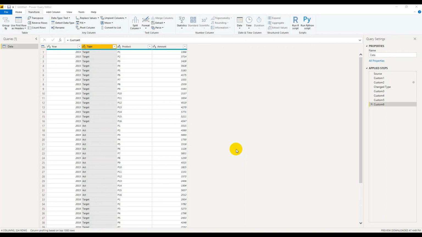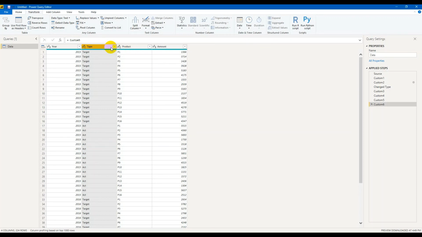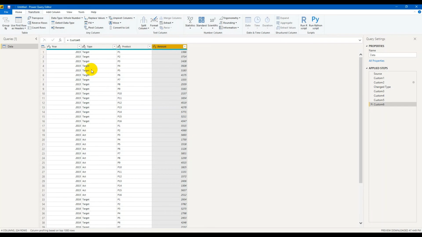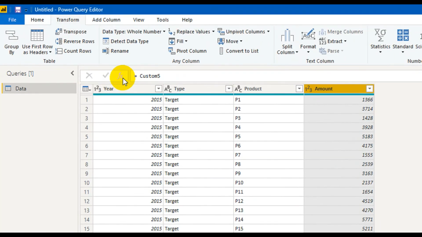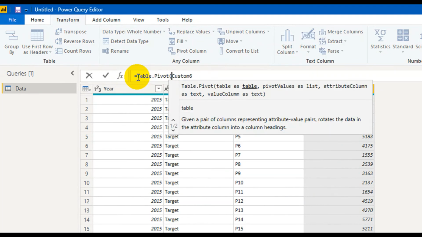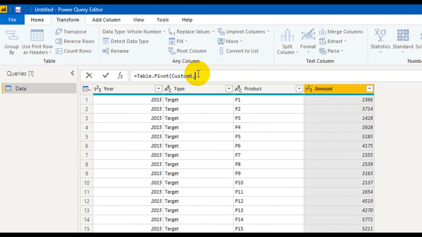So for that we need to use a table function, pivot function, and another list function, distinct, because the type column has got two distinct values, target and achievement. So target should be a separate column and achievement should be a separate column, and we are pivoting by type and amount. So the statement will be, the name of the function Table.Pivot, and then the previous step is Custom6.